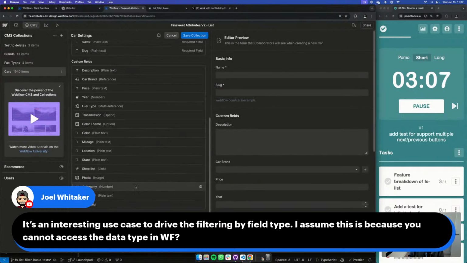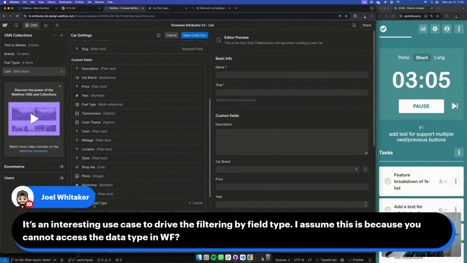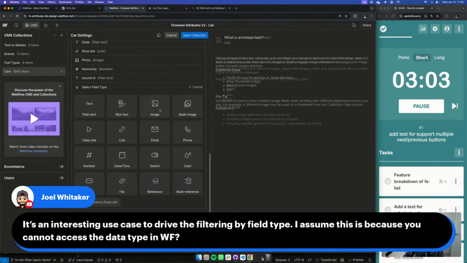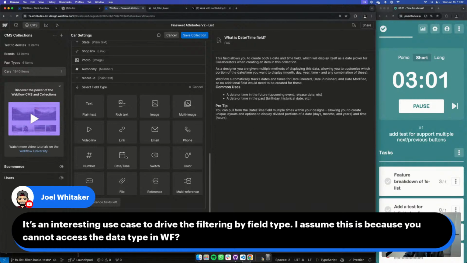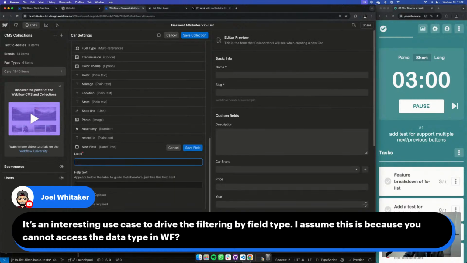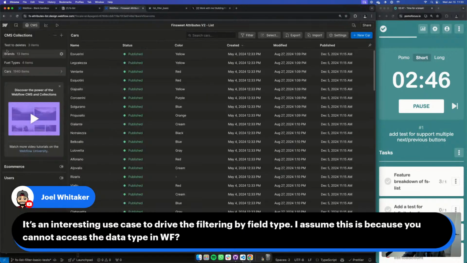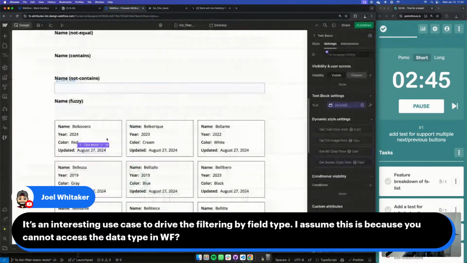So if I say add another field, and that field is a date field, right? And I call it sold date. Then for these cars, I could manually say, hey, this car was sold last week, stuff like that, right? When you go and render this on the page, Webflow gives you